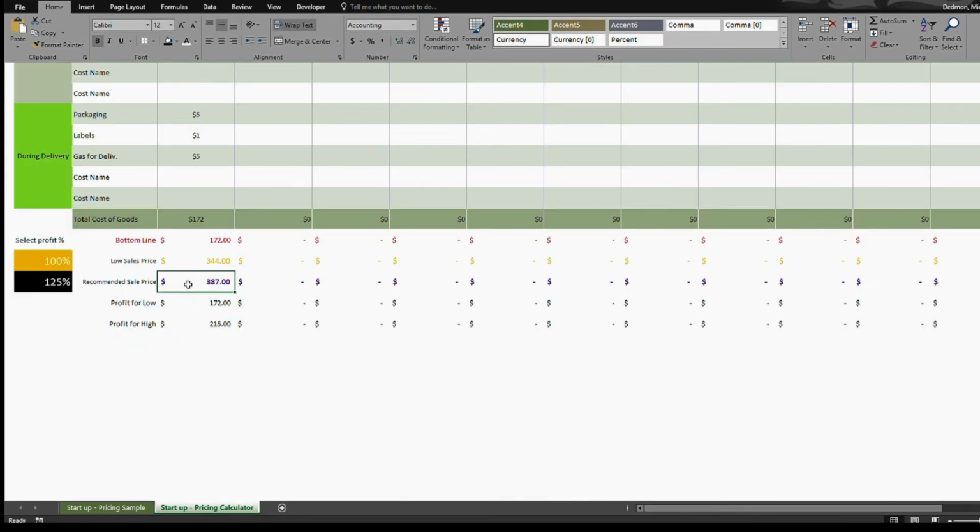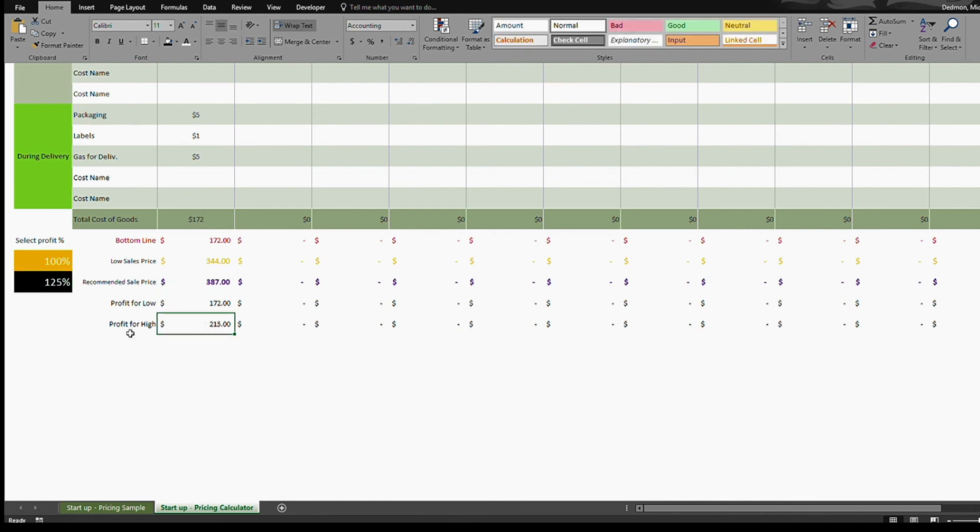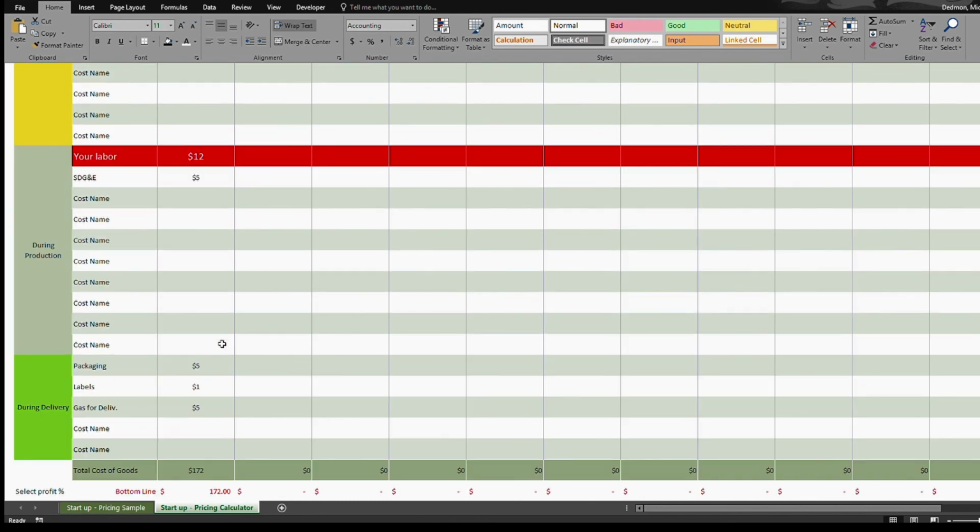Now what you can do is look at these prices, and I would search for other businesses similar to yours that are selling the same product, and see which of these prices are actually competitive. You might find out that it's more than both of these. It might be $415. You check 3 different shops and they're selling something very similar for $415. So then you know, hey, you're right on the money. You thought that this was a lot, but hey, that's cool. My profit is actually pretty good. So if I were to go in at, let's say, 400, I'm going to be making a pretty decent profit margin on all of those. And if you are still competitive, that is great.